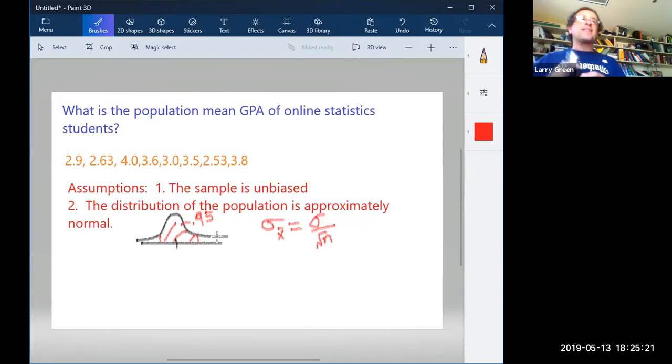Yeah, so we're going to get the sample standard deviation. That we can get easily on a calculator. And that sample standard deviation is what we're going to use to estimate the population standard deviation. But it won't be perfect, and because it's not perfect, I'm going to put a little approximately equal to S over root n. Because it's not perfect, it turns out, and this is a weird story, we have to figure out how we're going to deal with the imperfection.